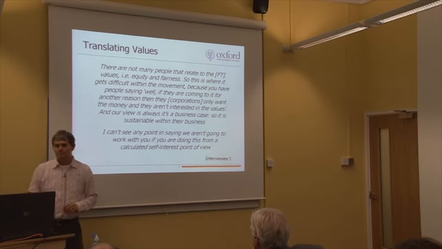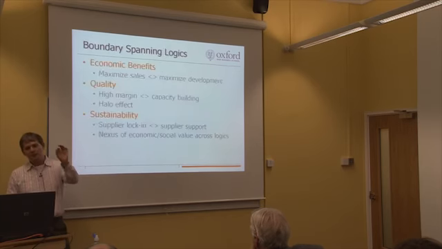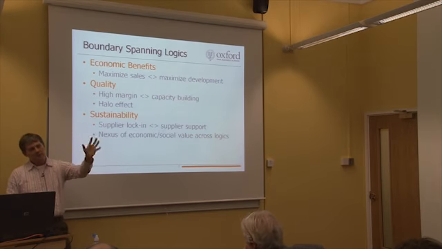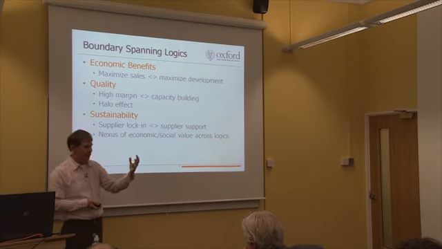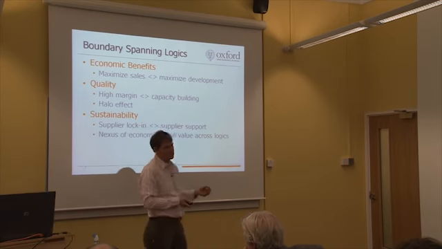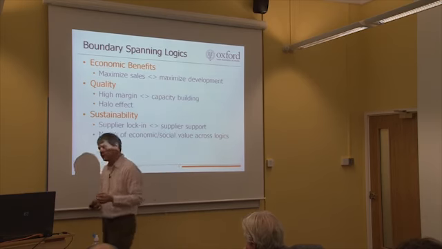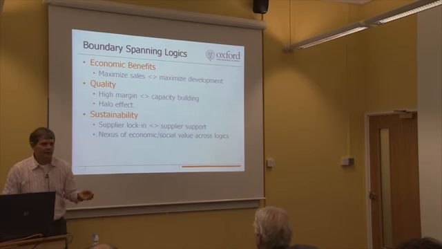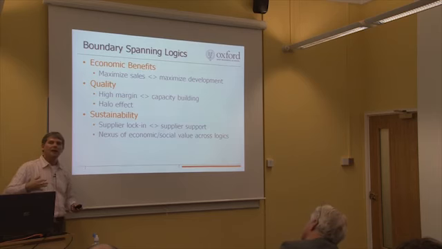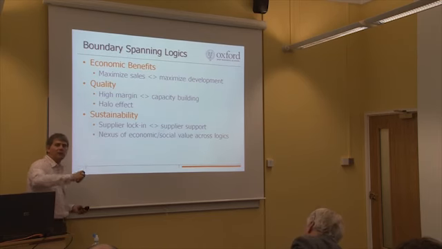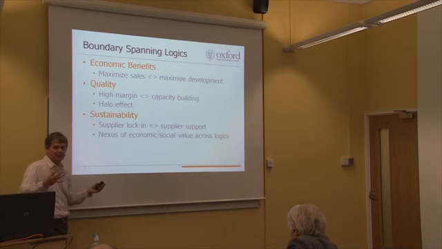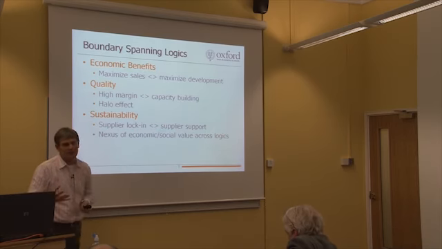Okay. So I just want to jump to two final things. The quotes that we pulled together seem to suggest there was some boundary spanning going on here through a boundary object that could be seen as the label. So what would those logics look like? What would be the particular topic areas that were expressed at the point of discussion around the label? And we came up with 3 we thought were clearly evident.